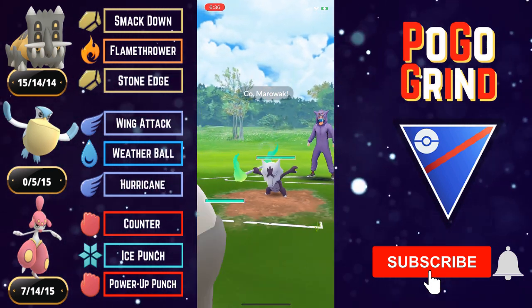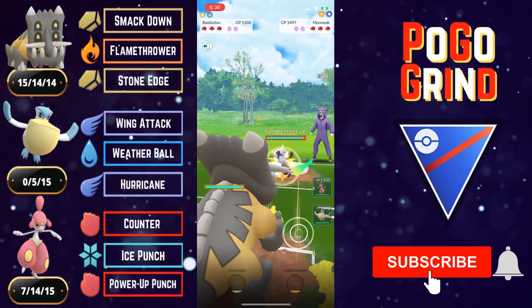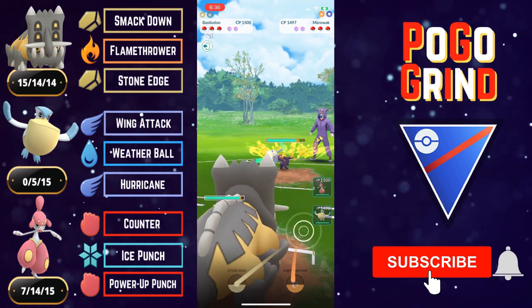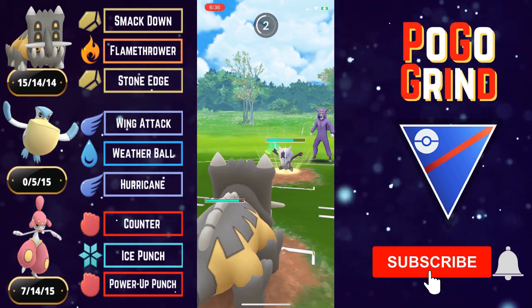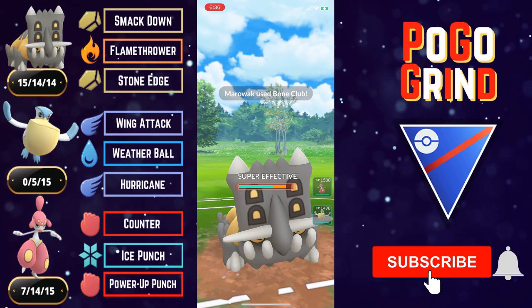We are up against an Alolan Marowak. This is a nice... not so bad lead for Bastiodon. Our fast moves are doing super effective damage. Their fast move is doing neutral because of that steel rock typing. And they do get to a Bone Club here. We're going to let this go through. It is double super effective, so we gotta